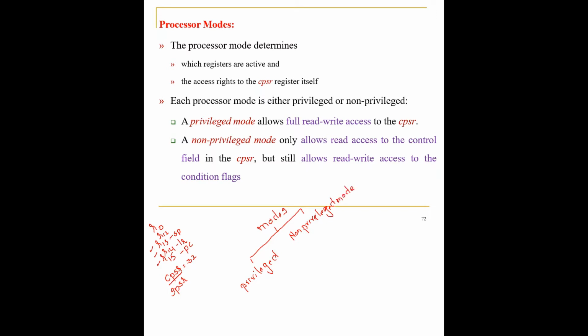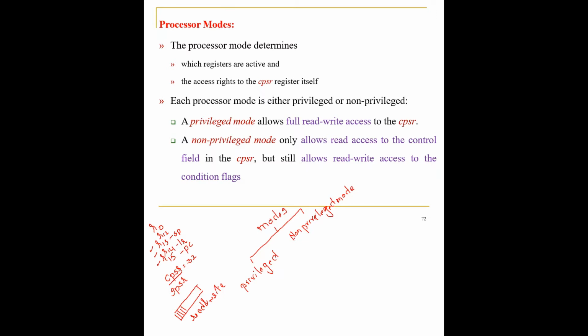So when we speak about the privileged mode, a privileged mode is a mode of the processor in which, if I speak about your CPSR, the flag, status, control and extension bits of my CPSR, privileged mode is a mode which will give you complete access to this particular CPSR. That is, you can read and write any of the bits of this particular CPSR under the privileged mode.